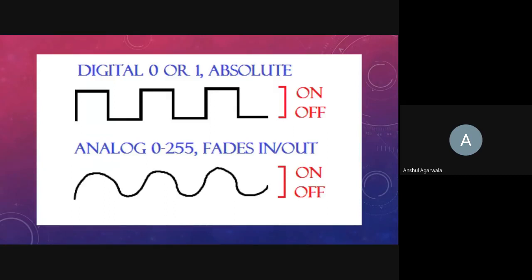Then we have the analog signal. As we know, it is the continuous signal. For the Arduino, it's divided into 255 equal parts, ranging from 0 to 255. Here 0 is mapped to 0 volt and 255 is mapped to 5 volts. So could you estimate what number the voltage 2.5 will be mapped to? If 0 represents 0 volt, 255 represents 5 volts, which number will represent 2.5 volts, which is half of 5 volts?